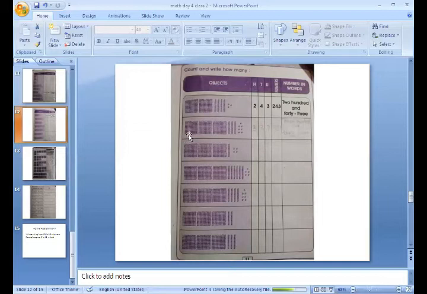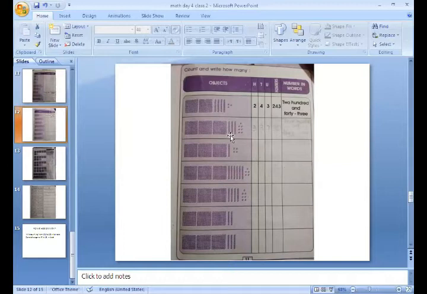Then see in the second box. Now you will identify the number by using these blocks. So this square shows a block of 100, this rod shows a block of 10, and this small block shows a unit. So how many blocks of hundreds are there? Counted 1, 2, 3. So you will write 3 at the hundreds place.